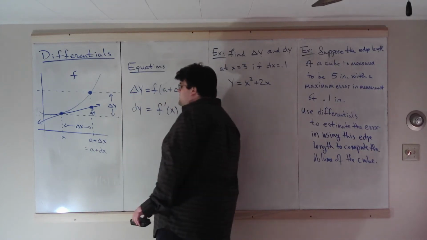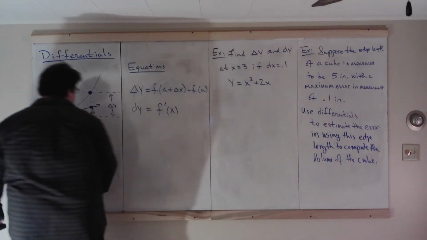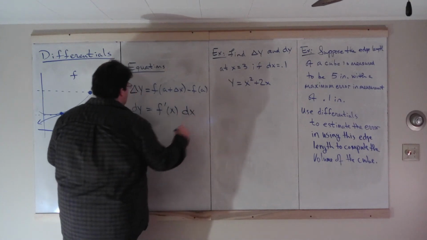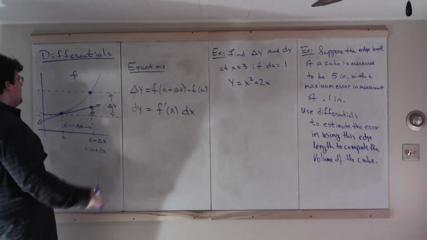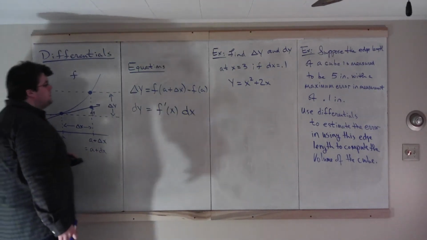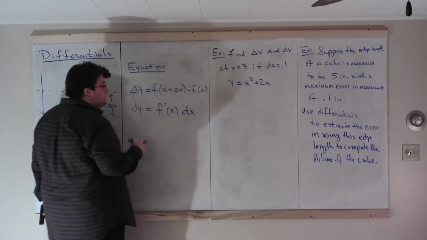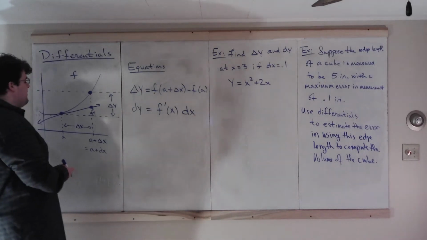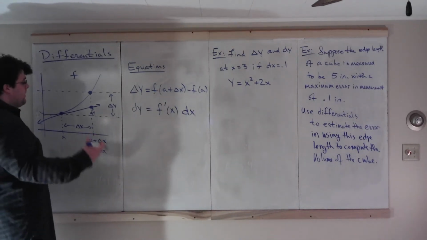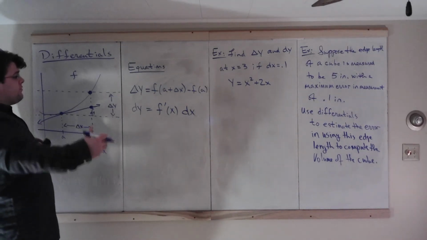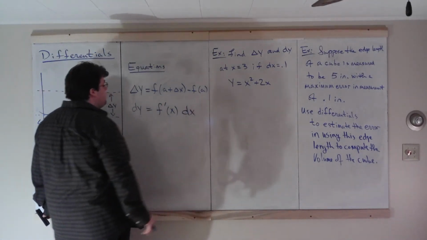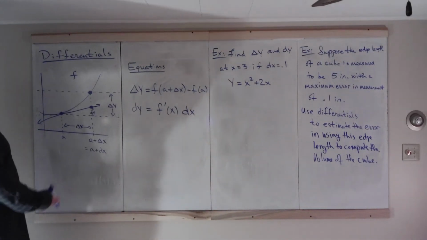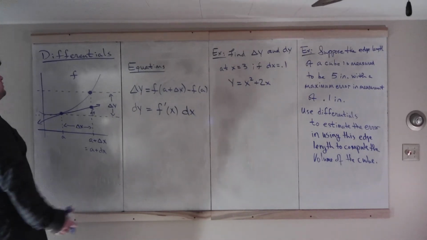It's f prime of x times the change in x, delta x, which for our differentials notation we'll write as just dx. You could write it delta x, but I like using the lowercase dx because this notation is consistent with our fractional notation for the derivative: dy dx is f prime of x. It is not, of course, a fraction. Take Calc 3, the corresponding Calc 3 differential does not work with fractions. But here we can think of our fractional notation as being useful for understanding